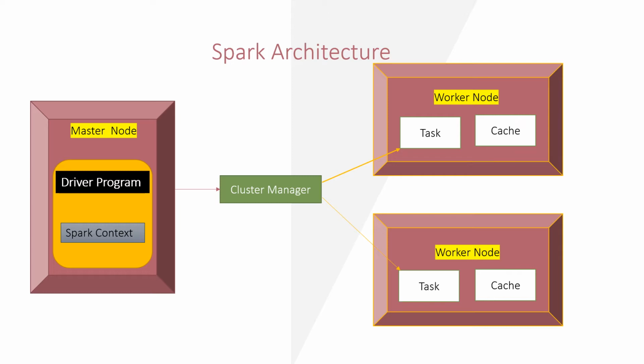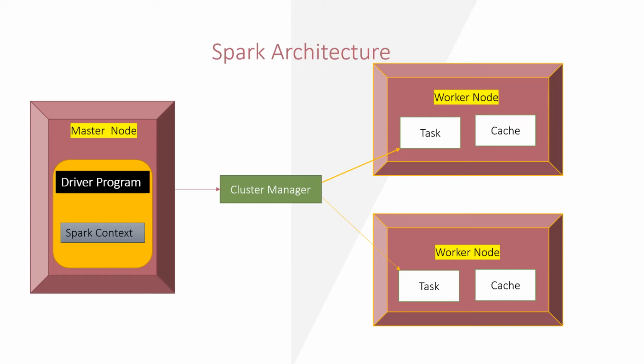Master node has a driver program which calls the main program of an application and creates Spark context. A Spark context consists of all the basic functionalities, whereas Spark driver contains various other components such as DAG scheduler, task scheduler, backend scheduler, and block manager, which are responsible for translating the user written code into jobs that are actually executed on the cluster. Spark driver works with the cluster manager to manage various other jobs.